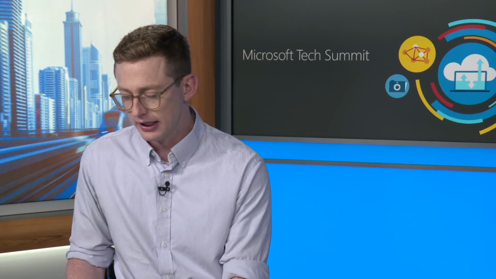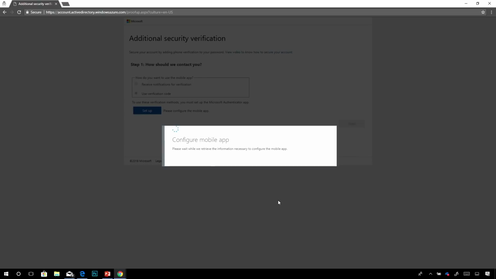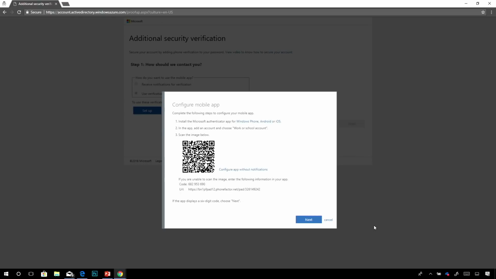If I choose to verify using a verification code, I'll get a QR code here. Now with my cell phone, I can scan this QR code and follow the instructions on my phone to set up multi-factor authentication. As we come to the close of today's presentation, I want to emphasize that as you move to the cloud and you bring your identity